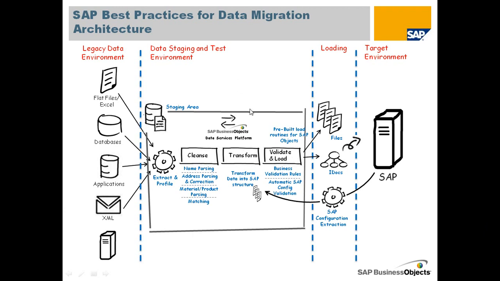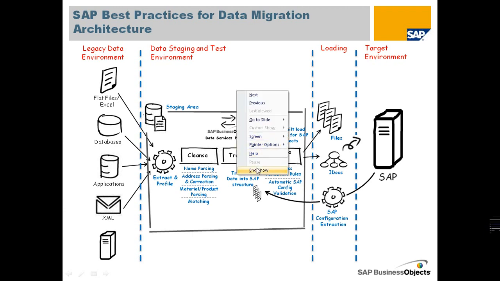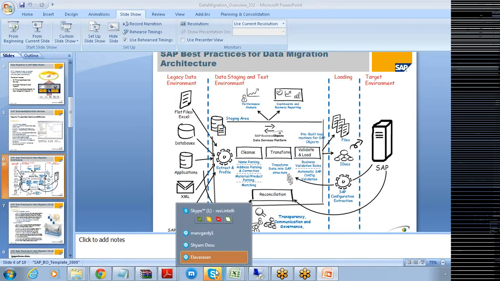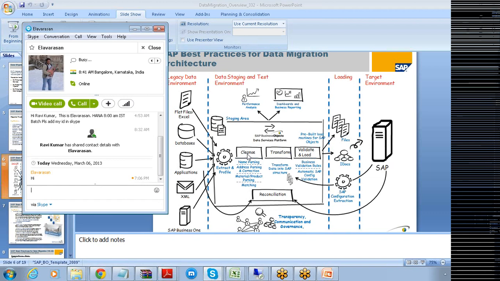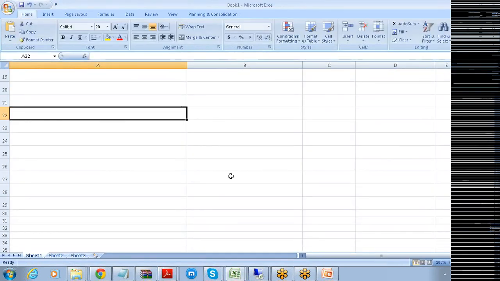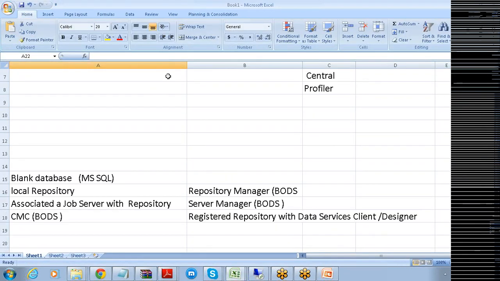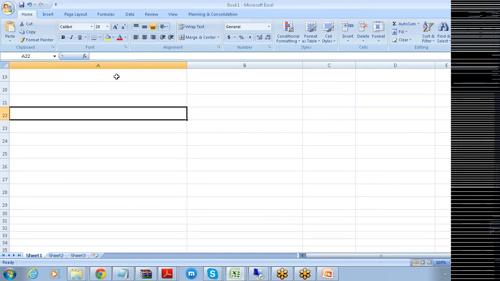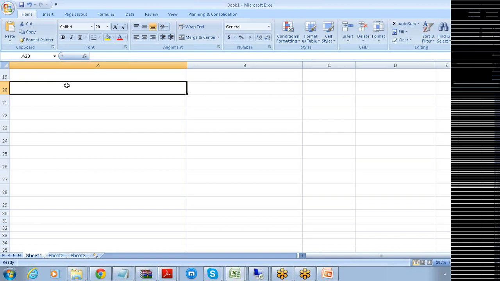Based on this, let us start looking at the architecture of SAP HANA technology. First, we need to talk about this: the ETL procedures you develop in BODS are called jobs. These jobs are classified into two types.